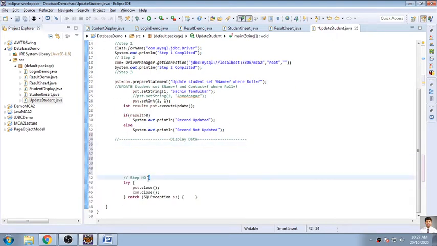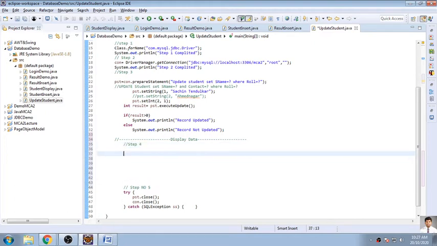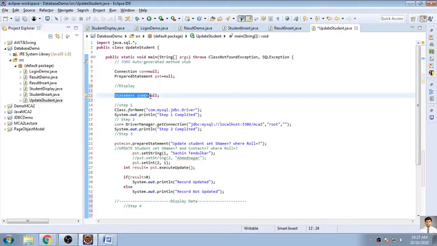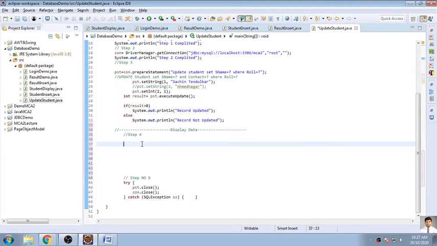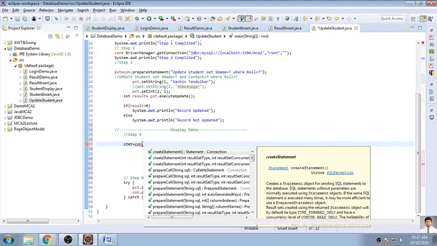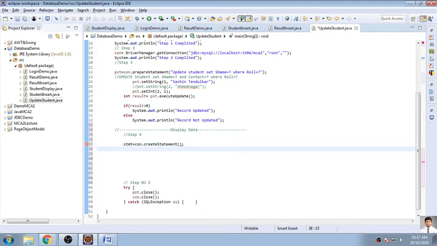So this is step number 5 now. Now this is step number 2, step number 4. So tell me, now this object of Statement is created. Now how to use this one? Yes, statement is equal to con dot createStatement.